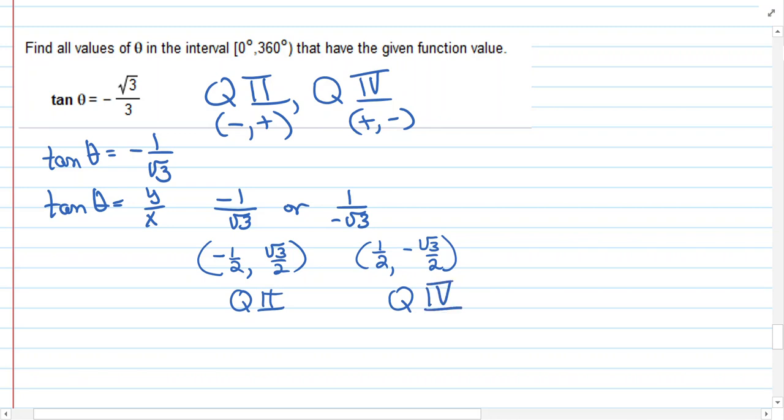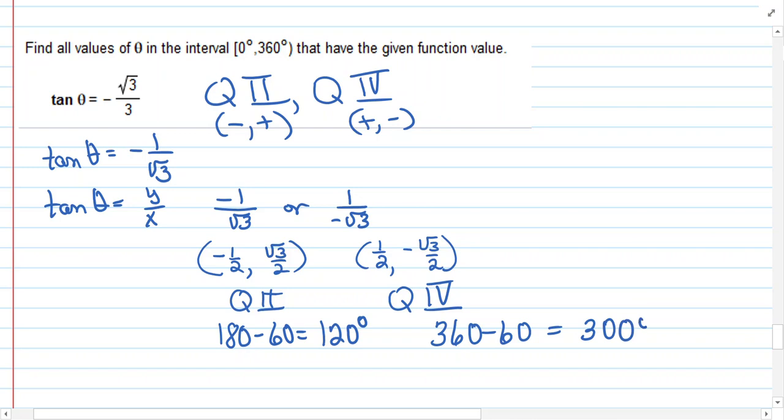So in this case, we know we've got a 60 degrees. And so this one would be 180 minus the reference, which is 120 degrees. And this one is 360 minus the reference, which would give me 300 degrees. So my answer would be